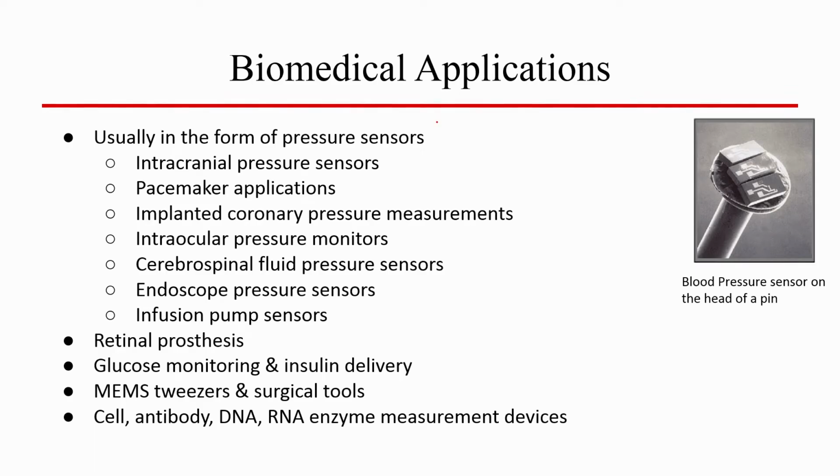So, when you talk in terms of pressure sensors, if you know how to fabricate a pressure sensor, then depending on the application you can change the design, whether it is intracranial or pacemaker or implanted coronary pressure measurements, or intraocular pressure monitors. It can be endoscope pressure sensors, infusion sensors, retinal processes, as well as glucose monitoring and insulin delivery. So, delivery systems are also very important, how to deliver a drug across the skin, and what we will be totally focusing on will be the drug screening tool,